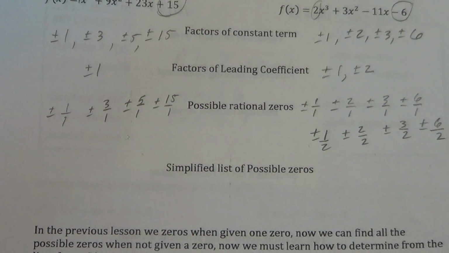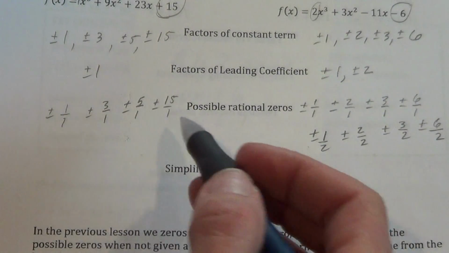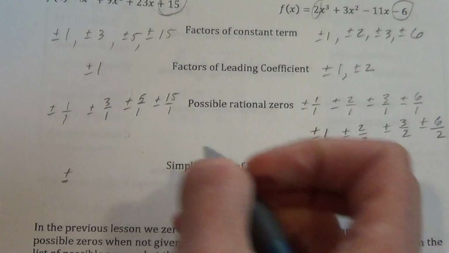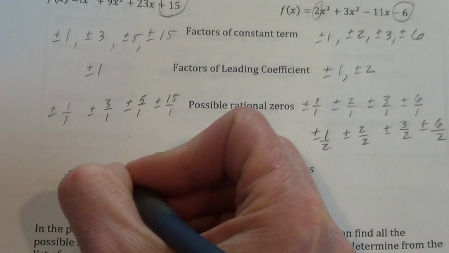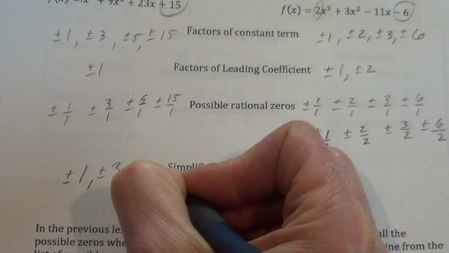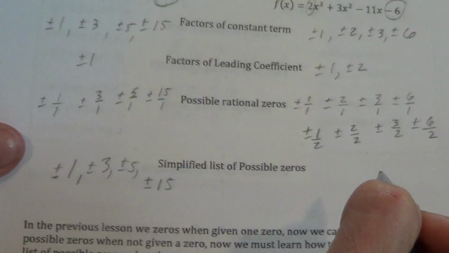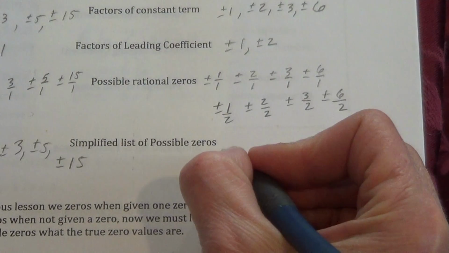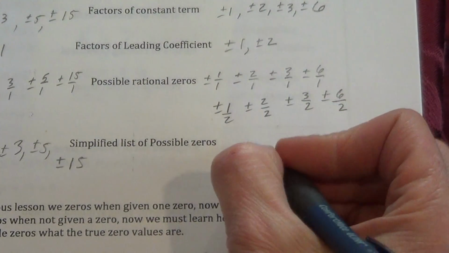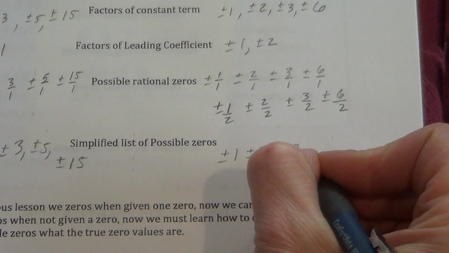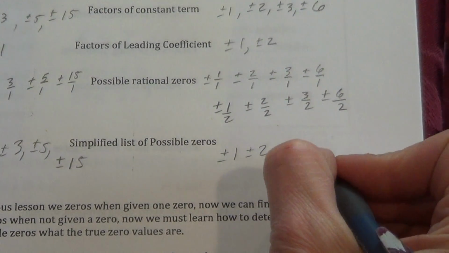Okay. Very last thing that we're asked to do is simplify our list. This list, they're all whole numbers. They all have a 1 on the bottom, so I can just simply write those whole numbers. Or integers, I should say. Plus or minus 1, plus or minus 3, plus or minus 5, plus or minus 15. Over here, I have 1, plus or minus 1, plus or minus 2, plus or minus 3, plus or minus 6,